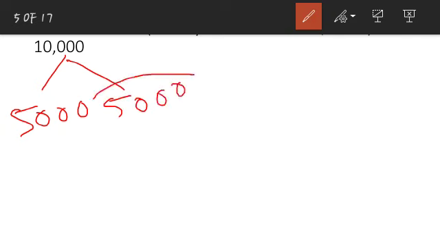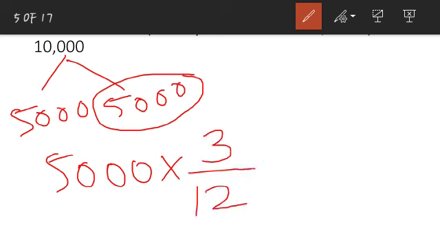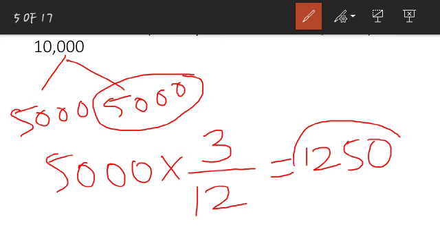You can see this 10,000 for 2 years, means we will divide this 10,000 into 2 parts. For 1 year it can be 5,000 and for another year it can be 5,000. So we will consider it for 1 year, this 5,000. It is said that it is with effect from 1st Jan, means January, February and March. That means 3 months out of 12. So after calculation, how much will you get? You will get 1250. So this 1250 is for this year, means for our account.